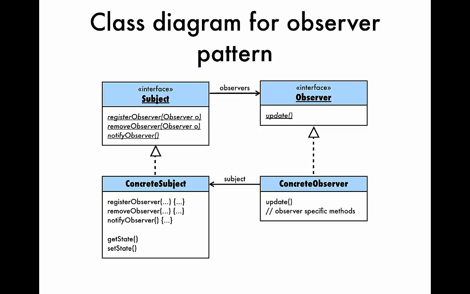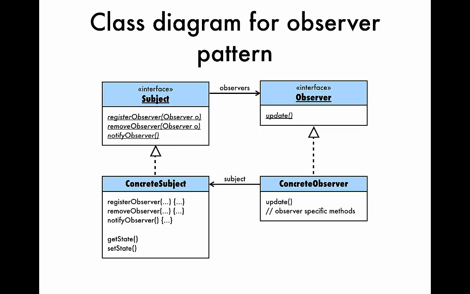Here's a class diagram for the observer pattern. The only thing that a subject or publisher knows about its observers or subscribers is that they implement the observer interface, which contains the method update. The only thing that the observers know about the subject is that they can register with the subject and remove themselves from the subject's list,